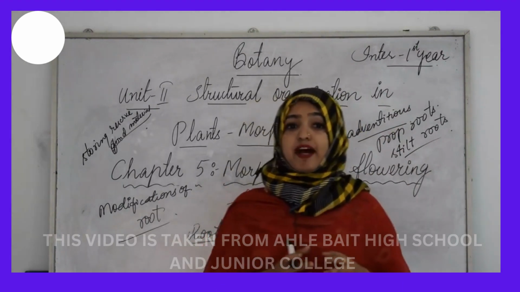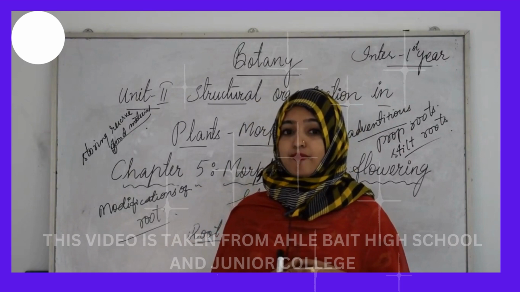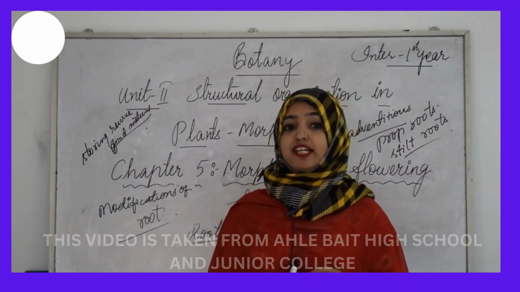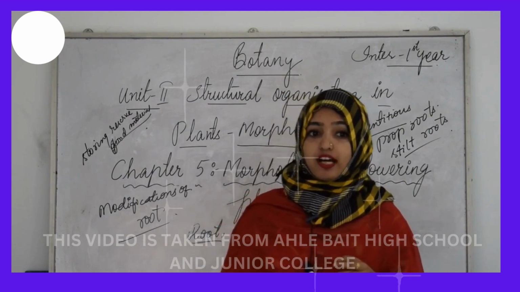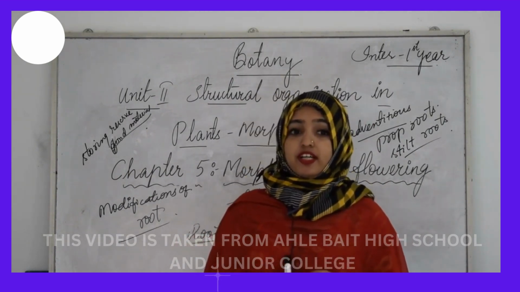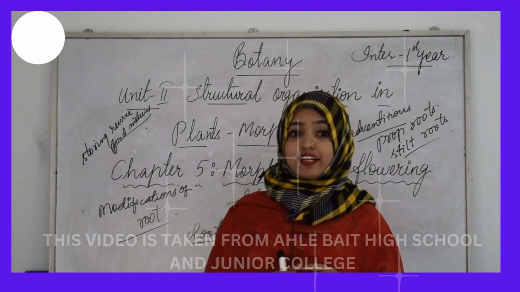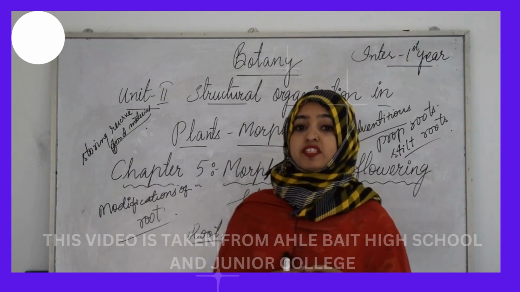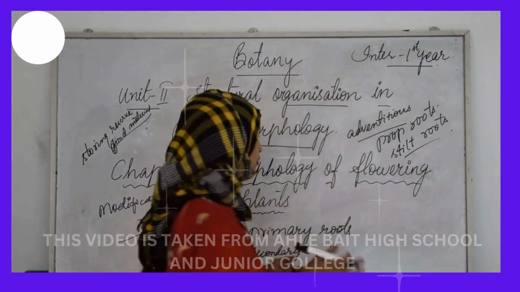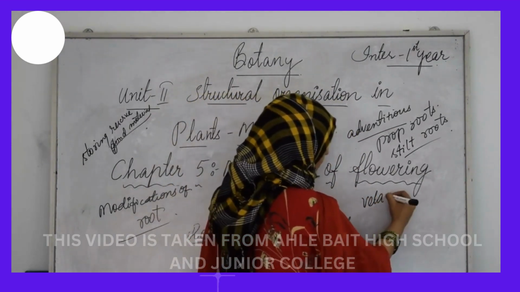And in mangrove plants such as Rhizophora and Avicennia growing in swampy areas, many roots come out of the ground and grow vertically upwards. Such roots are called pneumatophores, and they help to get oxygen for respiration. In plants that grow on other plants, that is epiphytes like Vanda, the adventitious roots are specialized to absorb moisture from the atmosphere, and such roots are called velamen roots, which we can easily find in the plant Vanda.